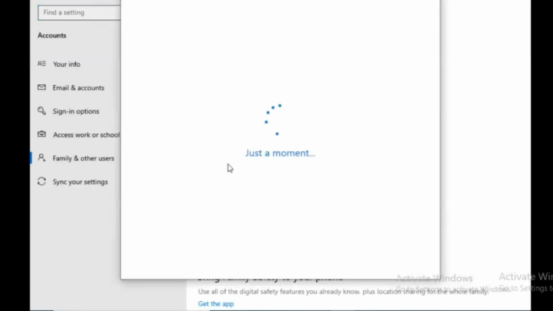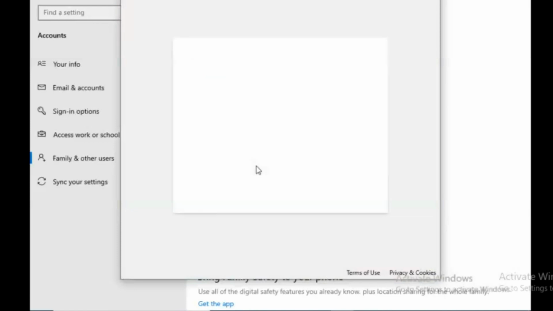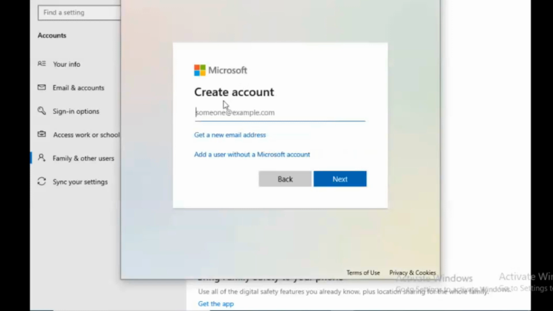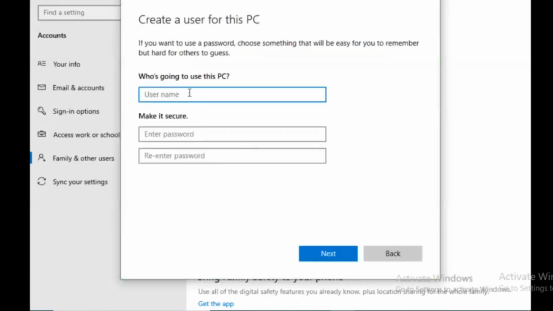Click here, then just a moment. Here it is asking for the Microsoft account, but I don't have the personal sign-in information, so click on this option, I don't have. And then here, the last option is Add a user without a Microsoft account. Click on this option, then with the username, I'm just creating user one,